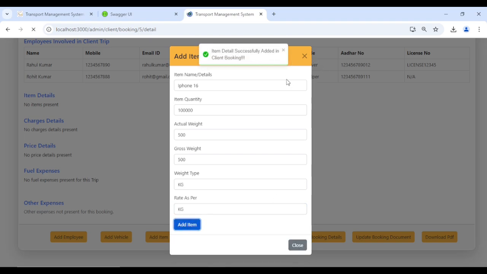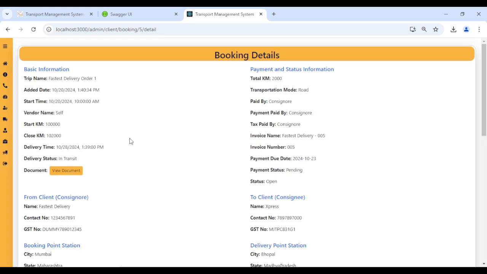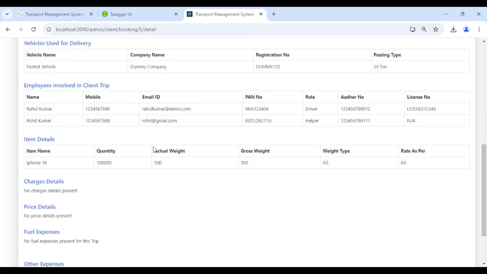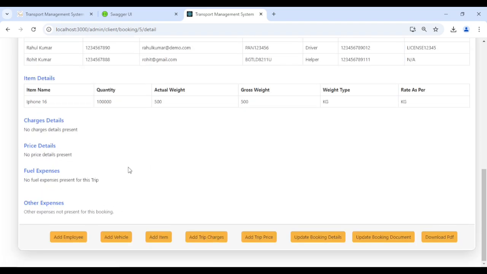So item details are successfully added in the client booking, and here we should be able to see the item detail also. We can see item detail, iPhone 16, with the quantity 1 lakh, and the weight is 500 kg. The charges detail and the price detail we can also add. So firstly, let me add the